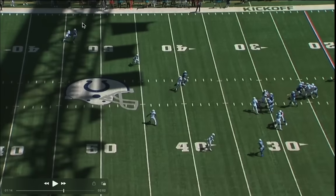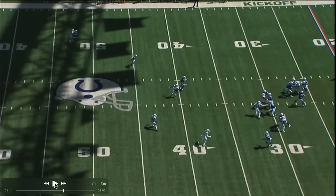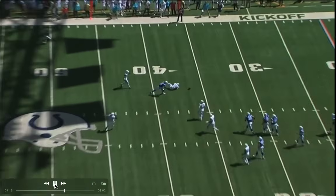Worst case, you might draw a pass interference here because there is some contact at the crest of that route. So I would have preferred Jones just ripping this down the field. I think he goes a little too conservative with this one, and it leads to a near interception. Probably his biggest learning moment of the game. Could have been better, but again, in a game where he's nearly flawless, it's hard to go too much on the negative plays,